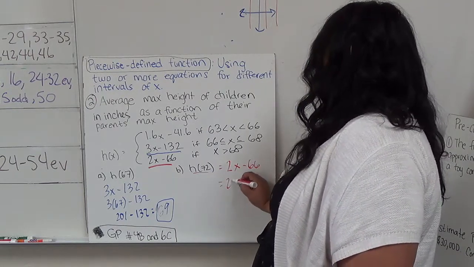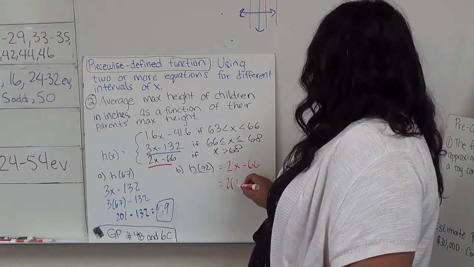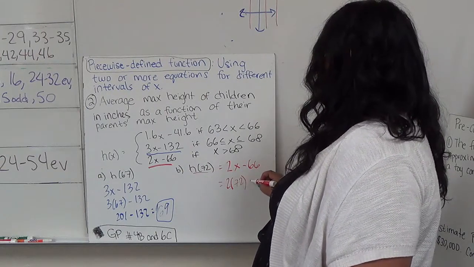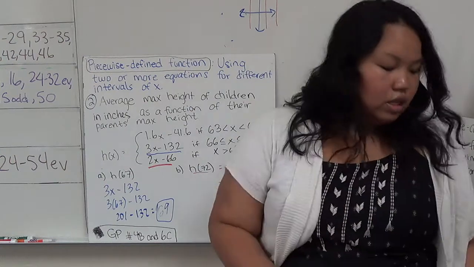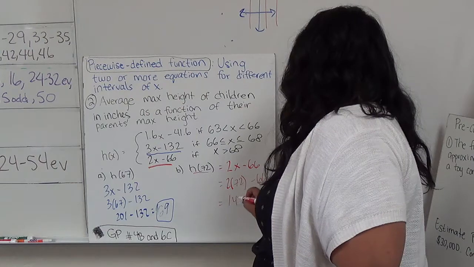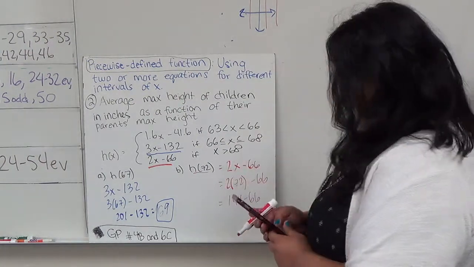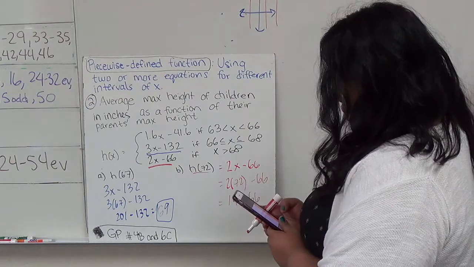So it's going to be 2 times 72 minus 66. 72 times 2 is 144, minus 66, which is